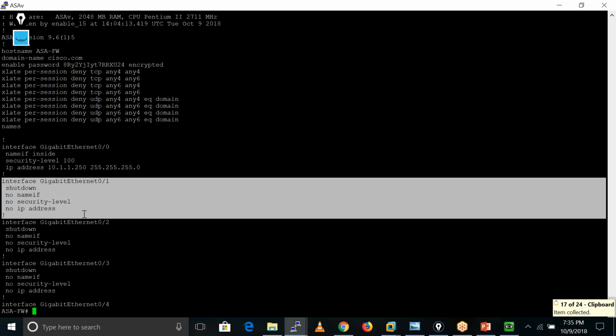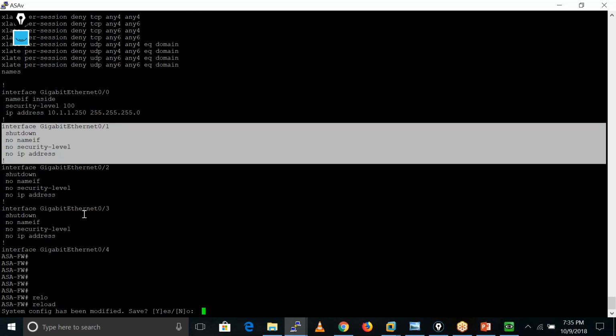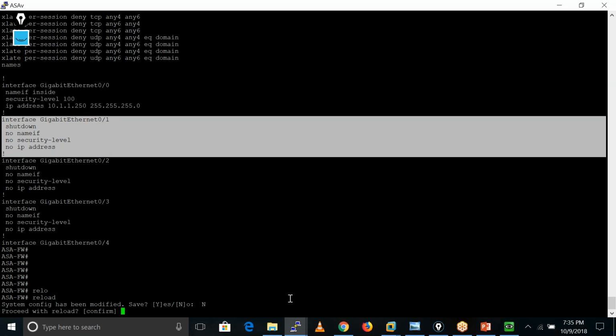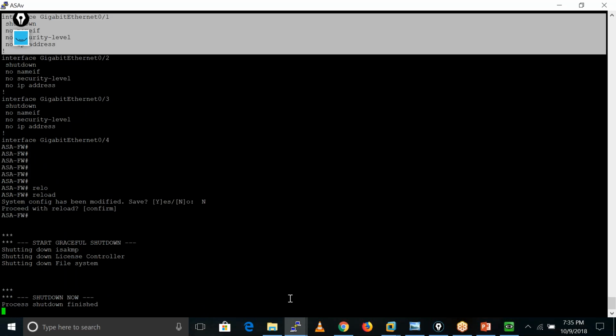So now let me reload this device. Basically here it is asking me that the system config has been modified. I'll just run no, confirming the reload. Right now it is starting to reload again.